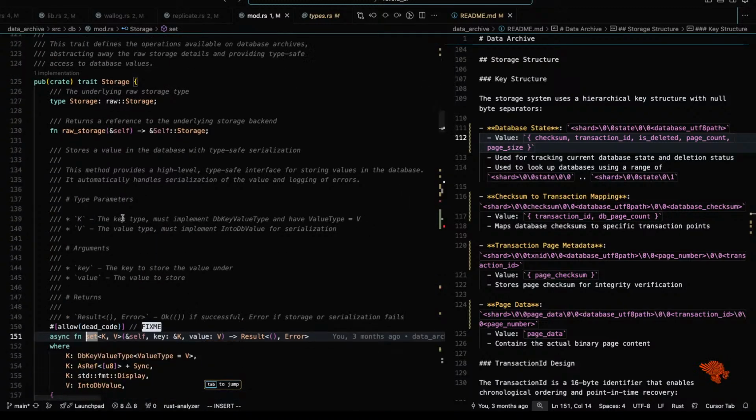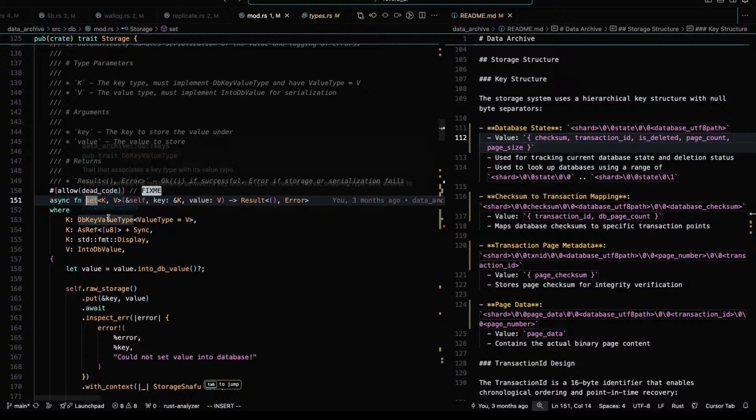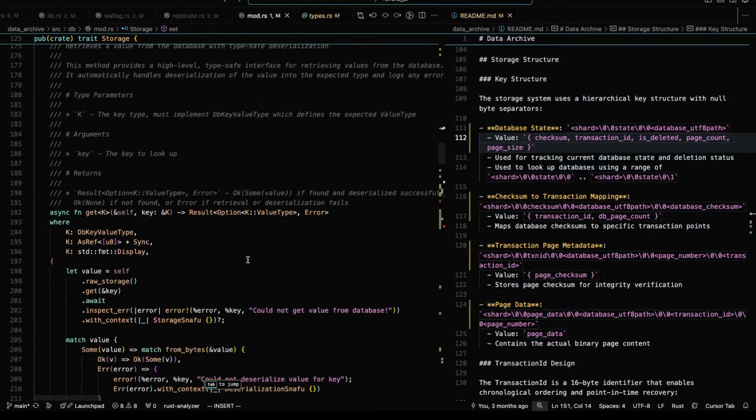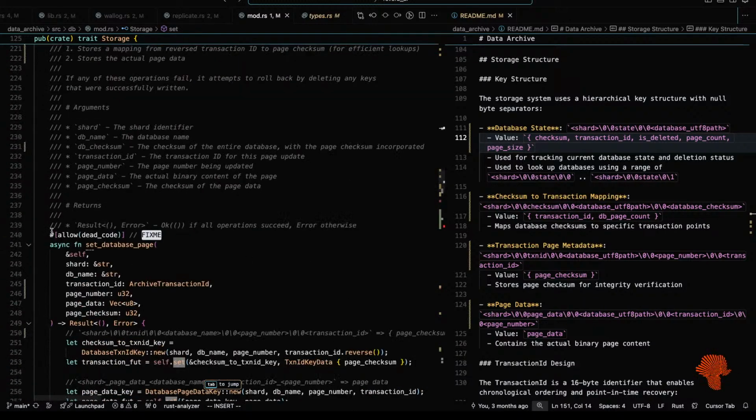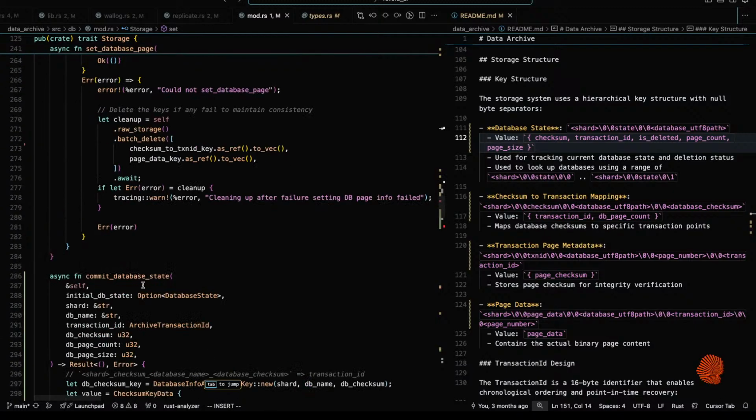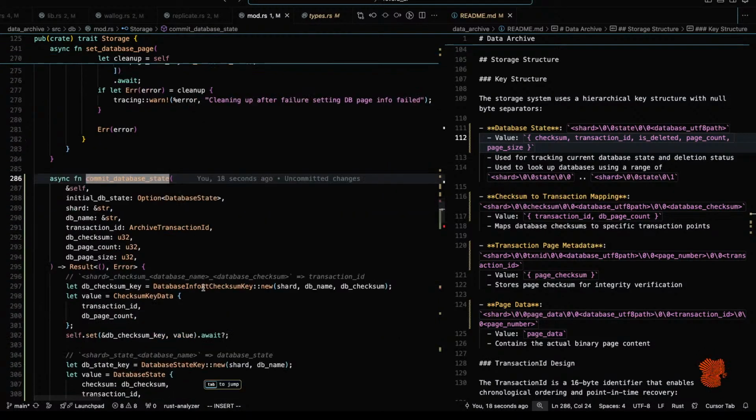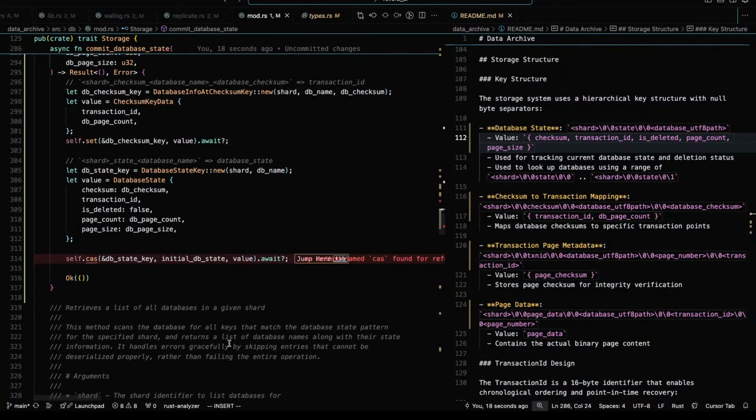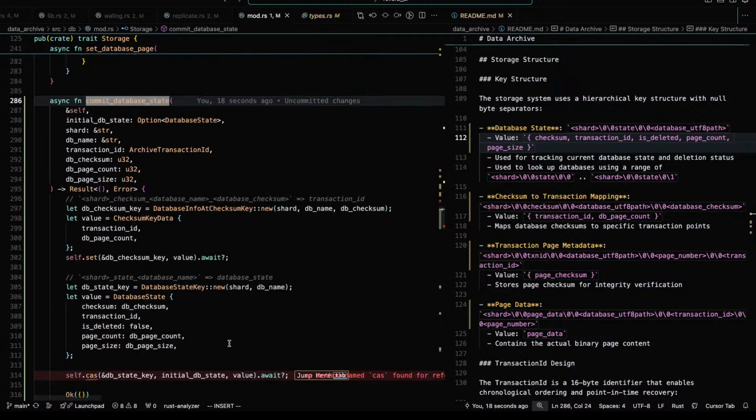This is on the storage trait. Interesting. Set, get, set database page, commit database state. Okay.